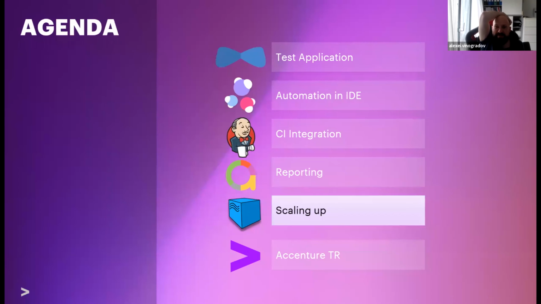Then we pepped up the reporting, so it's not just typical text log files where you can find some information, but it's very time consuming to search in it and to understand what's happening, by using a modern report tool like Allure report. And then we scaled everything up using Selenoid and Selenium nodes in containers.